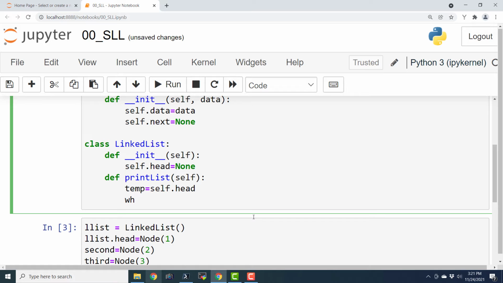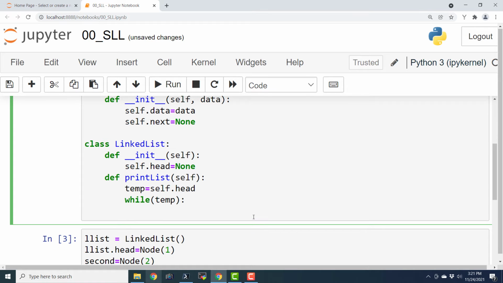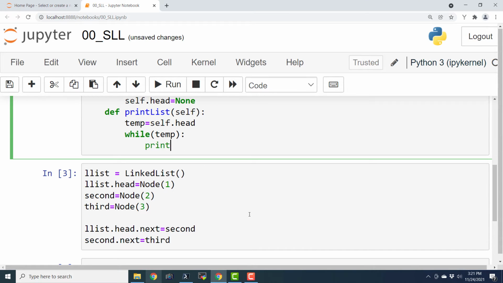Now we are going to write a while loop: while temp. As long as this temp is true, and I will tell you the break condition for this. We will say print temp.data. Here we are traversing it. Traversing basically means visiting that node once and then processing that node. In this case, the process is going to be a simple print statement. You can even have complex processes. Another example of a complex process: if it is a numerical thing, then you can display the square of that. That is also possible.